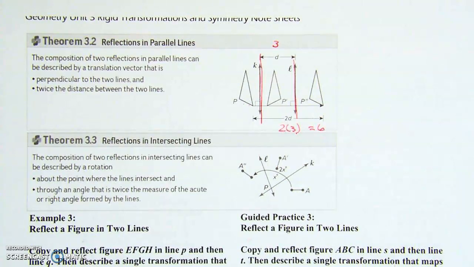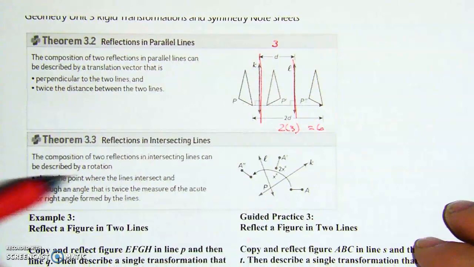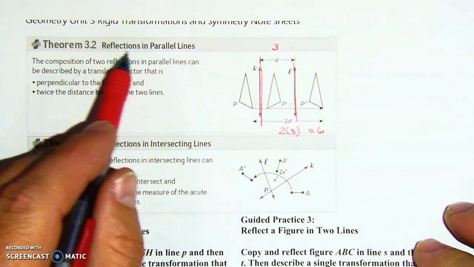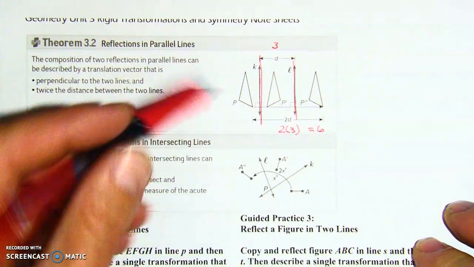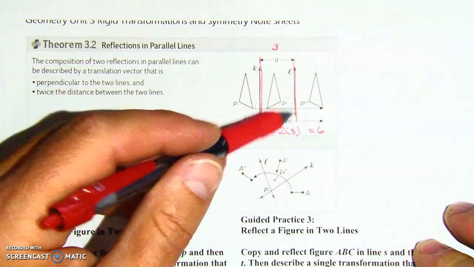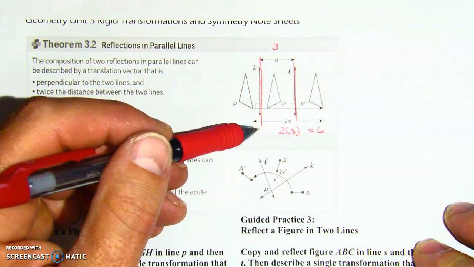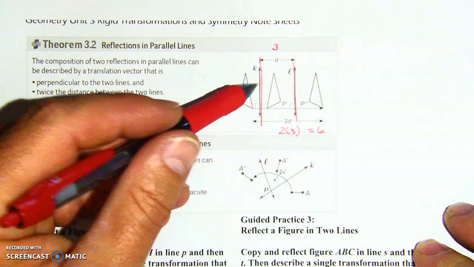A couple new rules to talk about. That's why I thought it would be a good time to pause and look at this here. Okay, we're doing what's called reflection in parallel lines. As you can see, I've already drawn two parallel lines here. When we reflect it twice over these two parallel lines, like we always did, we're going to call these